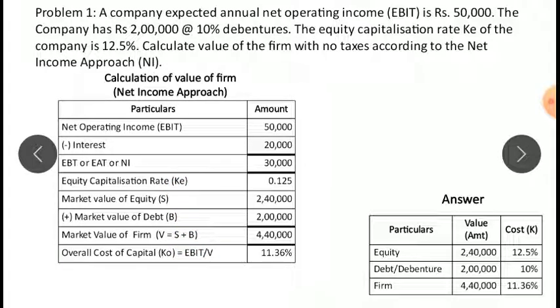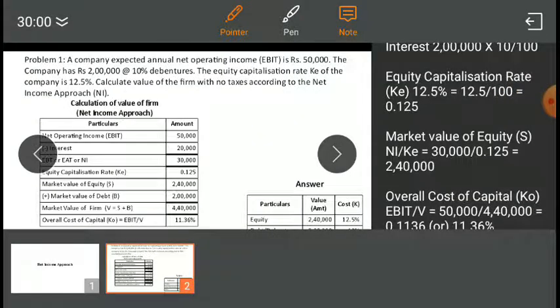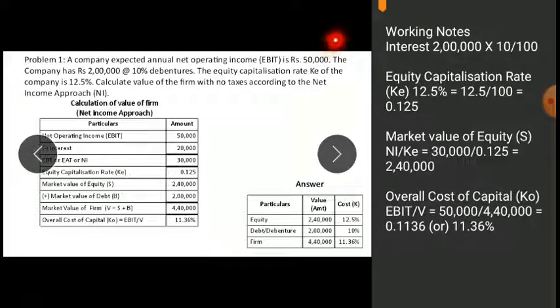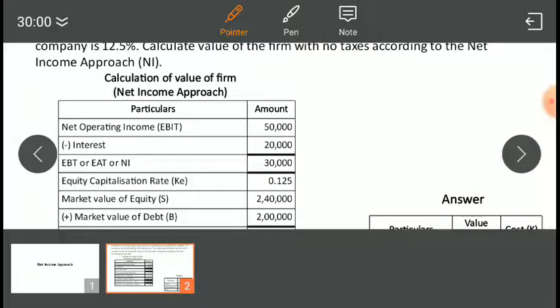We have three pieces of information. The first information we directly write down here, net operating income, EBIT. It is the profit which has been earned by the company during a year. In that year, the company has to pay 10% as interest to the debenture. For that, we have working notes on how to calculate the interest. From the 2 lakhs, we have to multiply 10%. By this, we are able to find out the interest for the current year is 20,000.